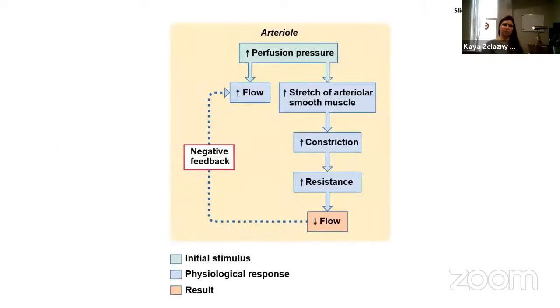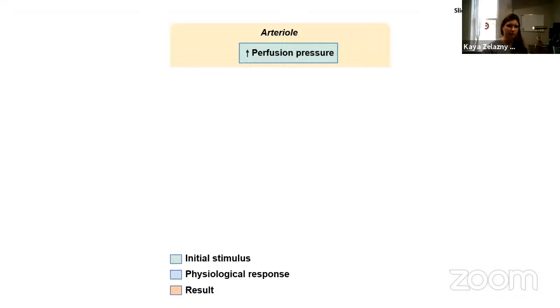So of course, we have a nice little flow chart for that as well. So we're going to start out with the perfusion pressure in the arteriole. We're going to say that we're starting with an increase in the perfusion pressure. So that's an increase in that difference in pressure across our organ system that we're looking at, across our network of blood vessels. So when we increase the perfusion pressure,